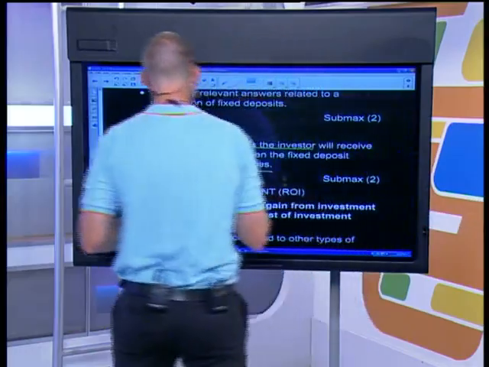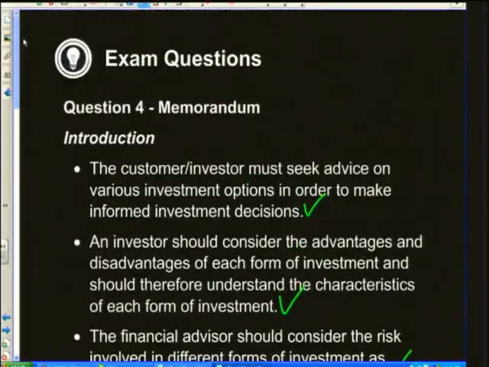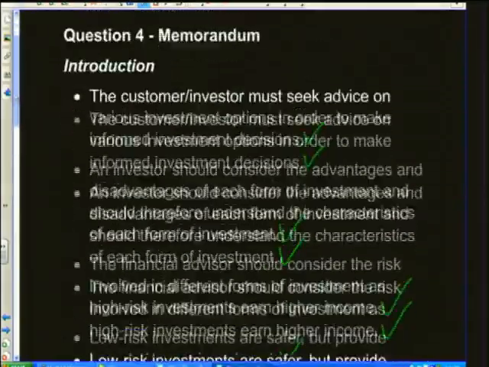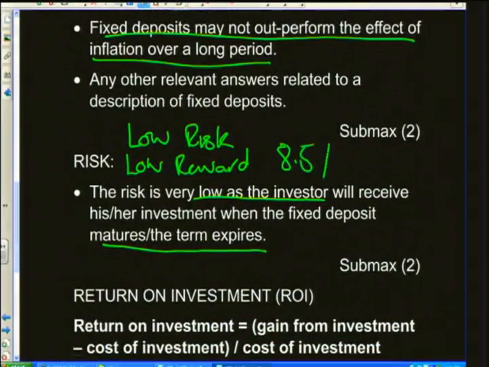So is there a high risk? No, there isn't. That is why the reward isn't very high. Okay. So this is a low risk investment. But if we look there, we're getting a low reward. We are only earning, let's see how much we're going to be earning from the bank. All right. We're only going to be earning 8.5%. And when you consider that inflation is 6.5%, right, it's not that great, right?